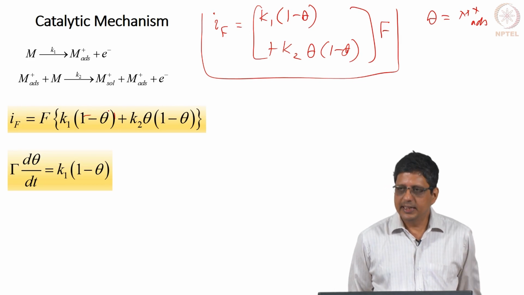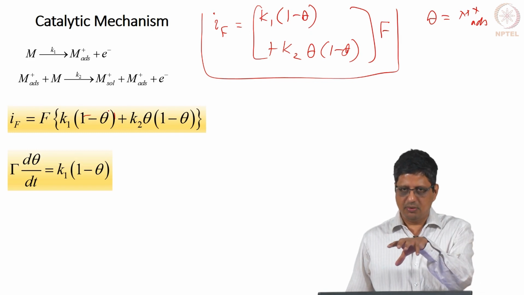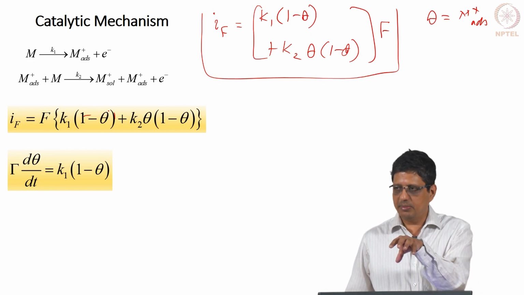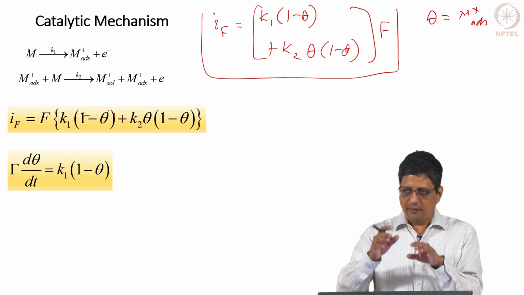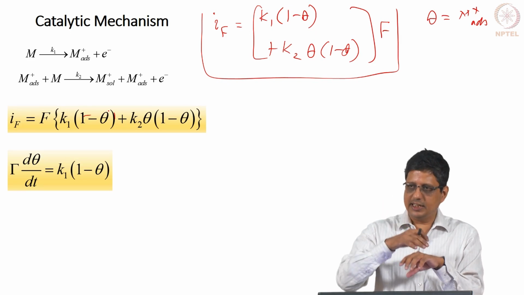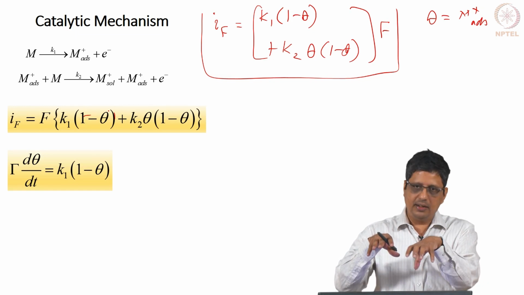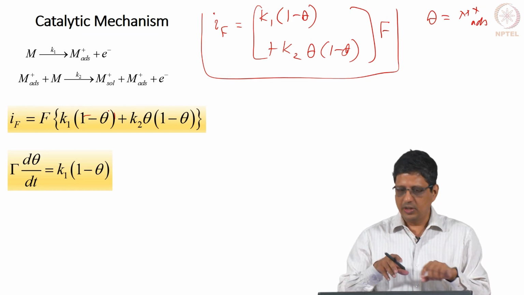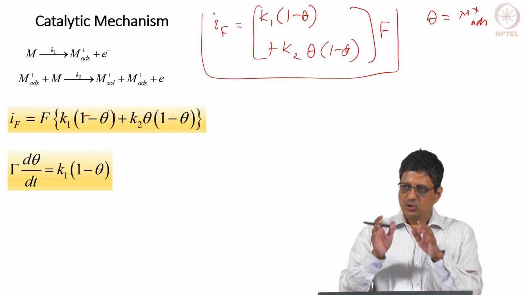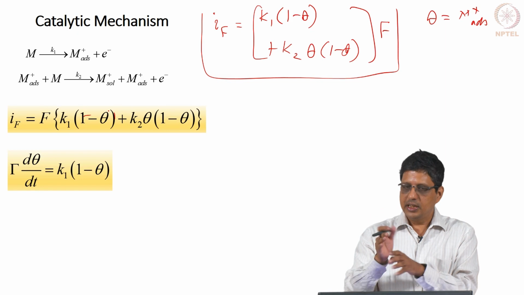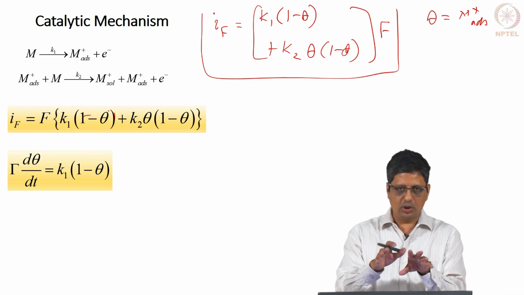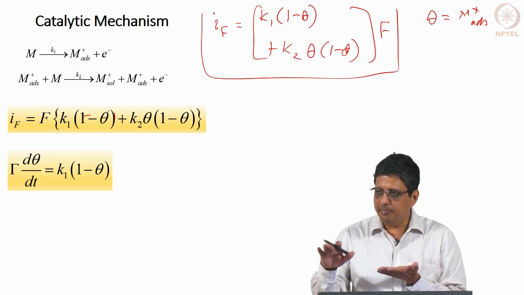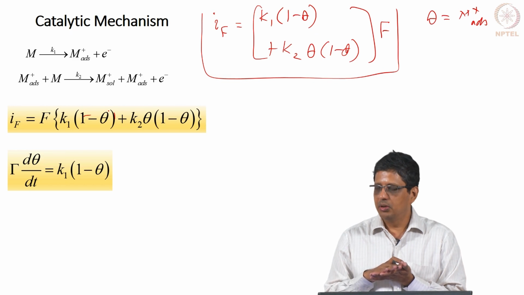Basically what happens is, the first step produces M-adsorbed. So, if a site is vacant, it is going to become M-adsorbed, if not now, a little later. There is a particular rate at which it happens. The second step happens only whenever it sees a vacant site. You need a vacant site right next to an adsorbed site, both are necessary. If there is no vacant site or no adsorbed species, the second reaction will not proceed. I can't have it completely bare metal, then the second step will not happen. If I have it completely covered with M-adsorbed, the second step will not happen.